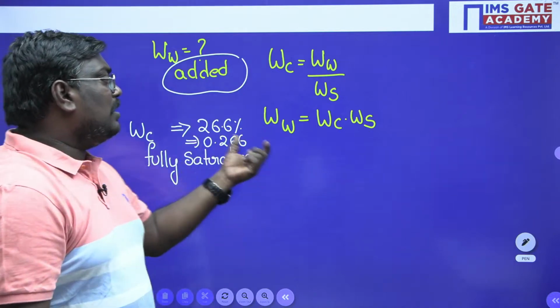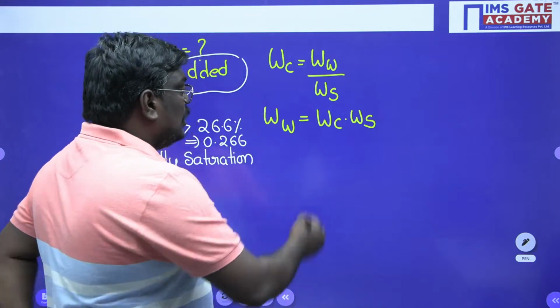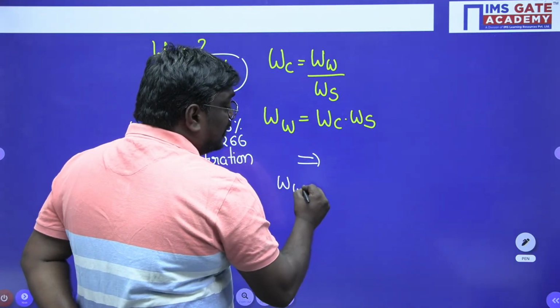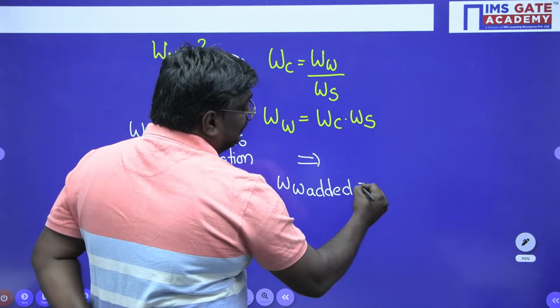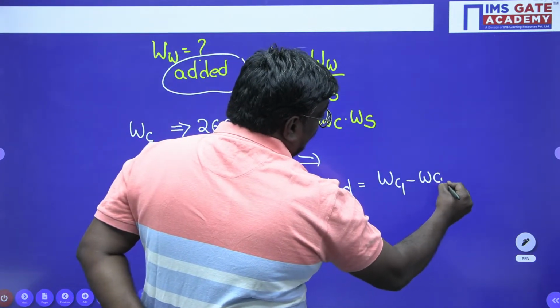So here the weight of water is water content into weight of solids. If they ask you the weight of water to be added, this is important, students. Weight of water to be added is given by the formula water content 1 minus water content 2 into